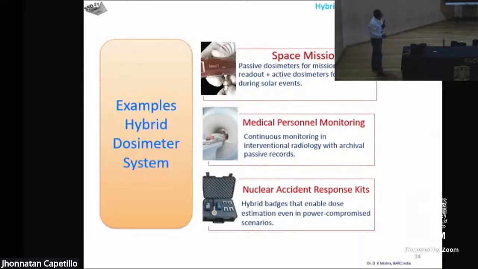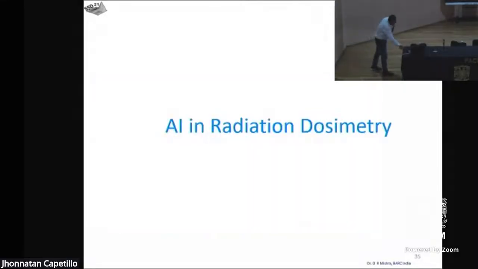In space dosimetry, you have passive dosimetry, and both are being used. Right now also both are being used. You have semiconductor-based systems, with around a 300 micrometer depletion depth, which can directly measure the linear energy transfer of particles, and you have a passive system also, OSL and TL. Similarly, in medical personnel monitoring, you have both systems to cross-verify the dose delivery, and even the calibration of the systems, CT scan. In a nuclear accident, we should have a kit which contains both dosimeters. So a lot of hybrid options are available now. People are suggesting and coming up with them.